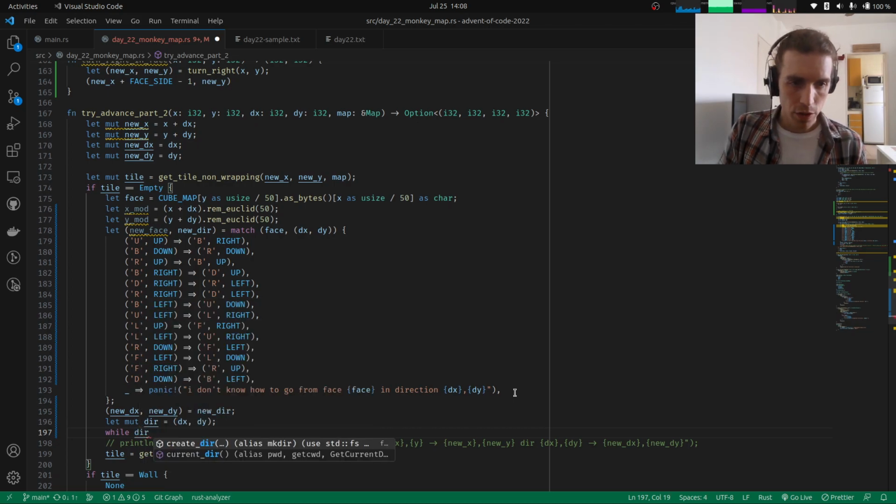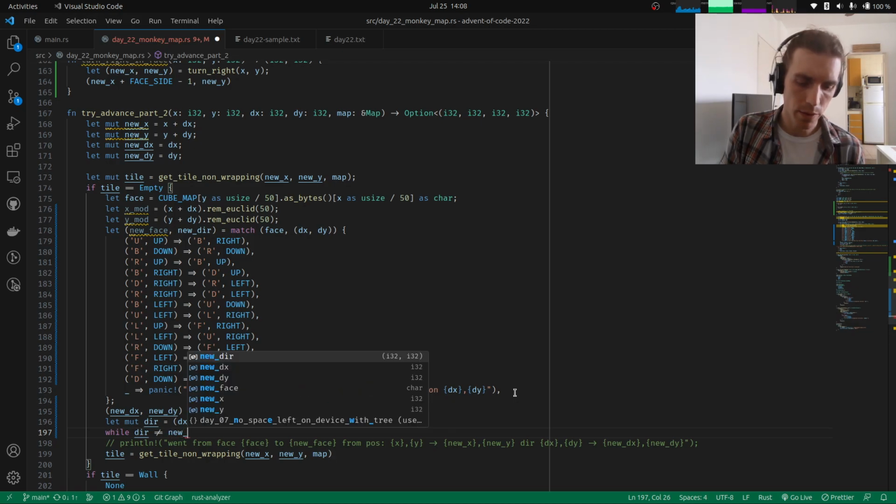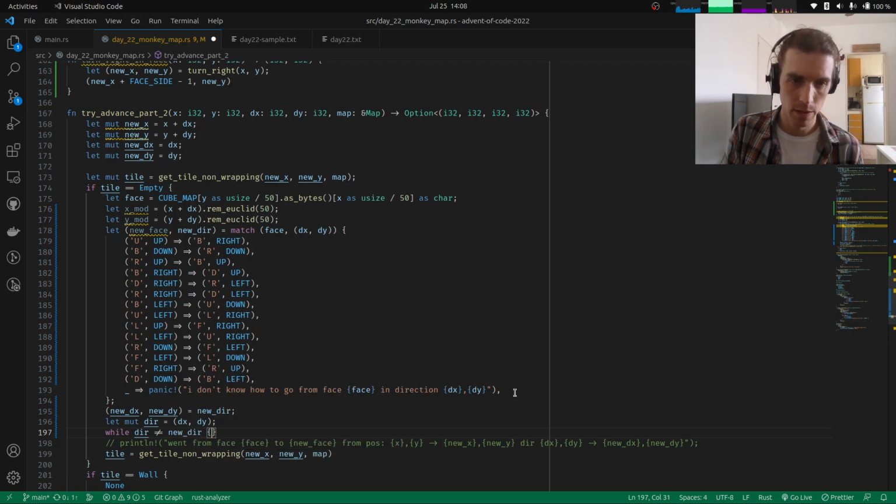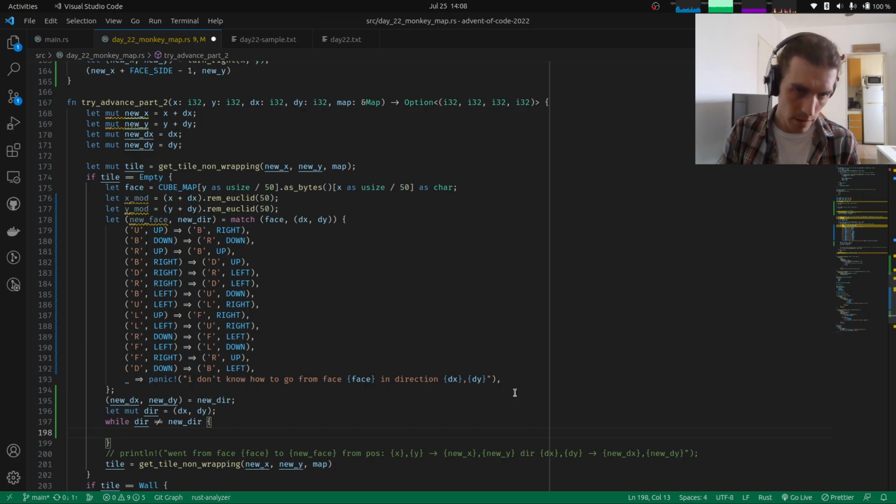Well, this direction is different than the new direction. Okay. While it is different, so for cases that it doesn't change, this while will not be executed. That is sort of important, I think, because that means, like, okay,